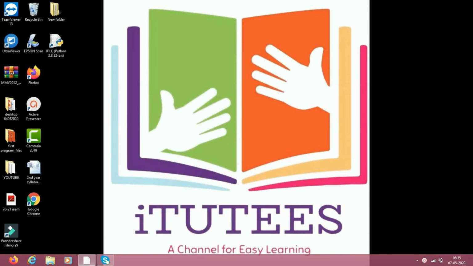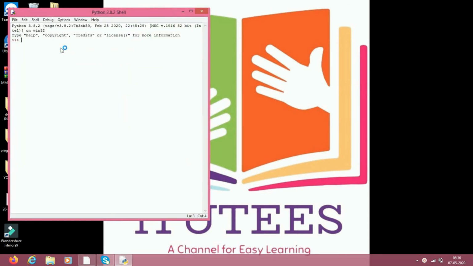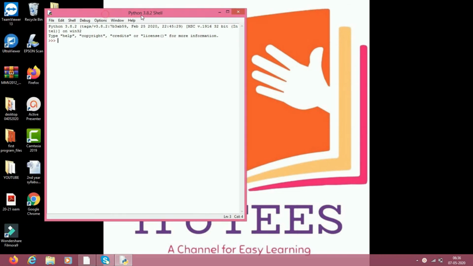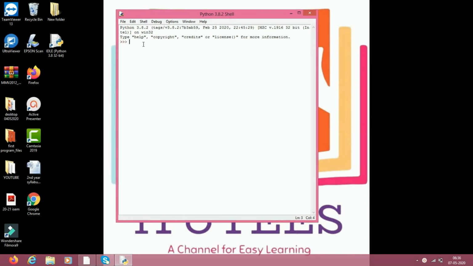Now we can see data types. Python is a dynamic language, so there is no need to declare the data type. The Python interpreter binds the data types based on the assignment. There are many data types available in Python. First one is the integer data type.